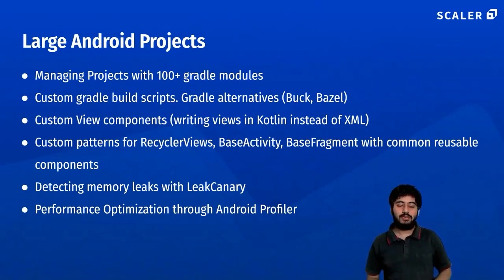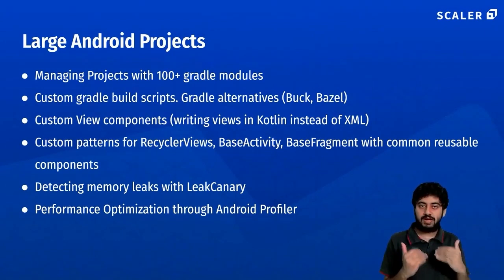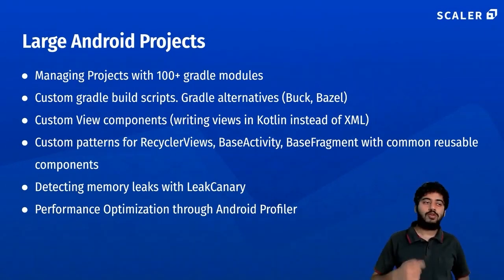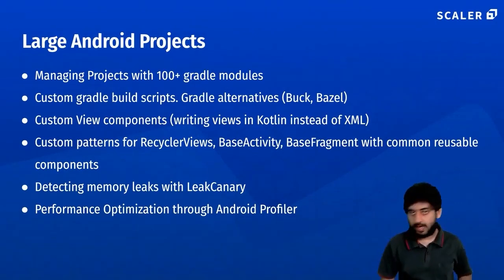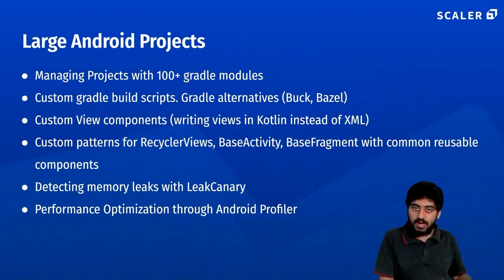Okay. Then with big apps, you have to develop some base set of rules that run in every activity, in every recycler view, so that your team does not have to do more and more boilerplate work, right? So every time a new fragment is opened, maybe some analytics data is supposed to be sent to your analytics server. So you would create a base fragment in which you would keep the analytics code, and everybody who is creating a fragment would extend from the base fragment.